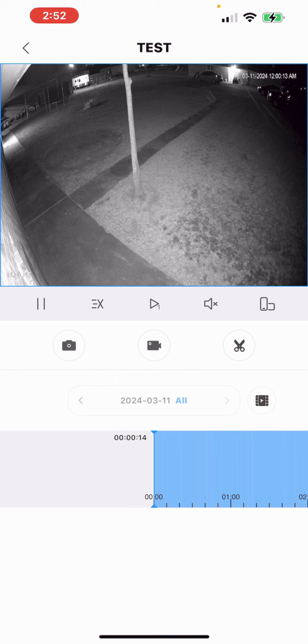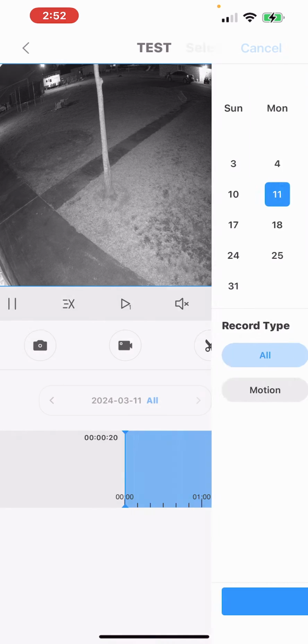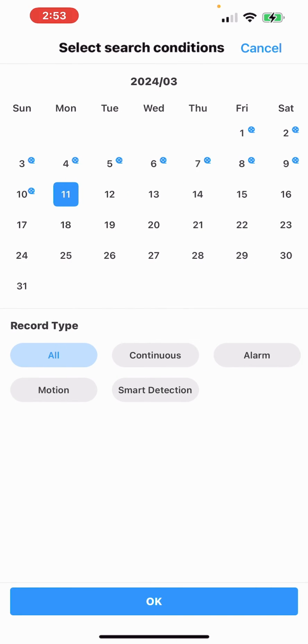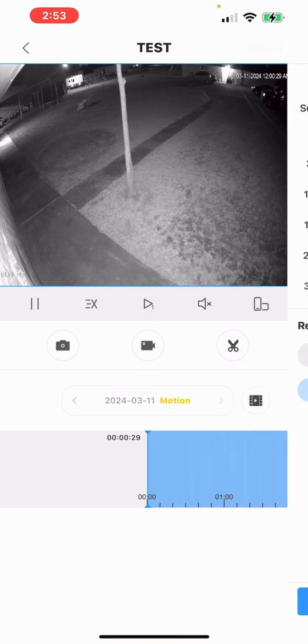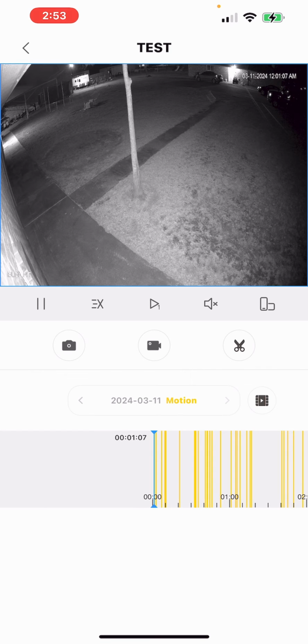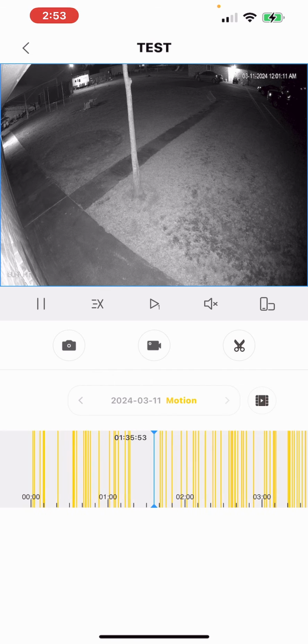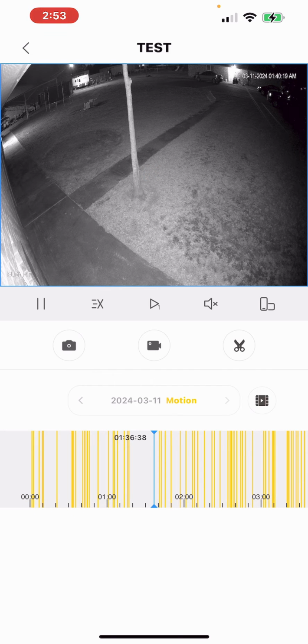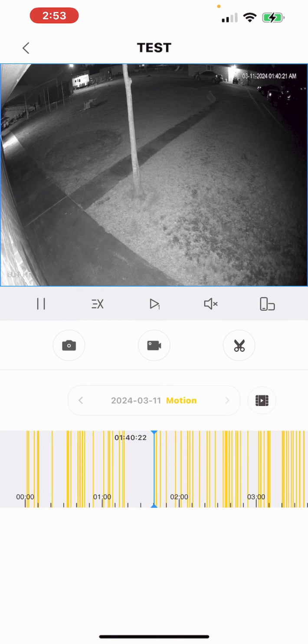But that's a lot of footage to go through. So I could say, well, I just need to see where there was activity. So I can again click in the middle, and here I get to filter. What kind of recordings do I want to look at? I said, well, I'm just going to look at motion. I just want to see where there were any recordings. If I see this, you see all the yellow lines, those were some type of movement that the camera picked up. Now, of course, in another video, we're going to show you how to adjust your sensitivity, but